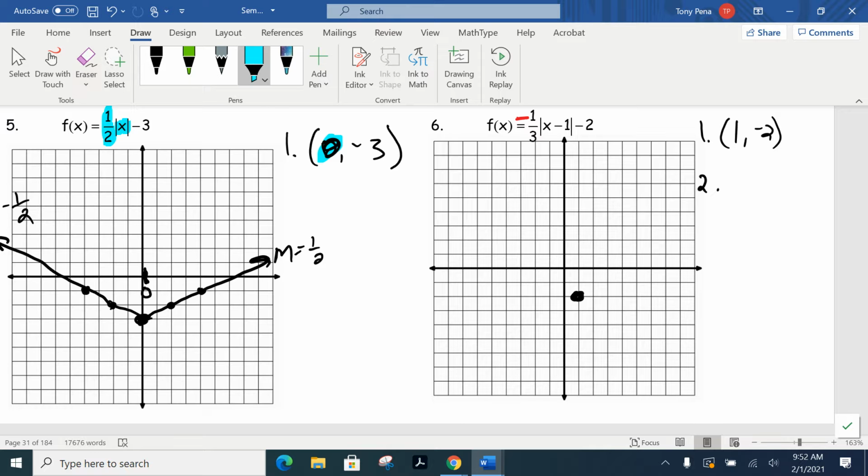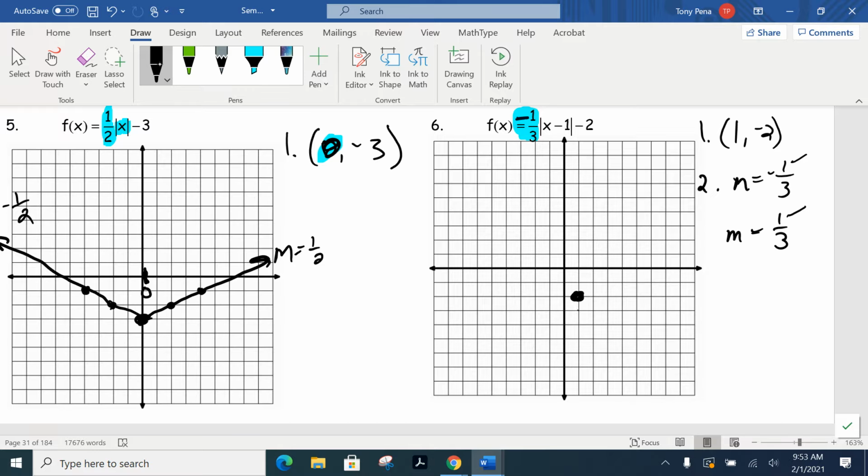All right. As you're doing it, just keep in mind, it should be pretty obvious because we had to change it to make this, but we made this now a negative 1/3. So what we have to know is this thing should be opening downwards. So when we count off our slopes of negative 1/3 and 1/3, we have to do so in a way that's going to produce a V that goes downwards. So going up at all is not good. But if I go, this is a vertical change of 1, vertical change of 1. So if I go down 1, which I need to do if I'm going to have a V going downwards,